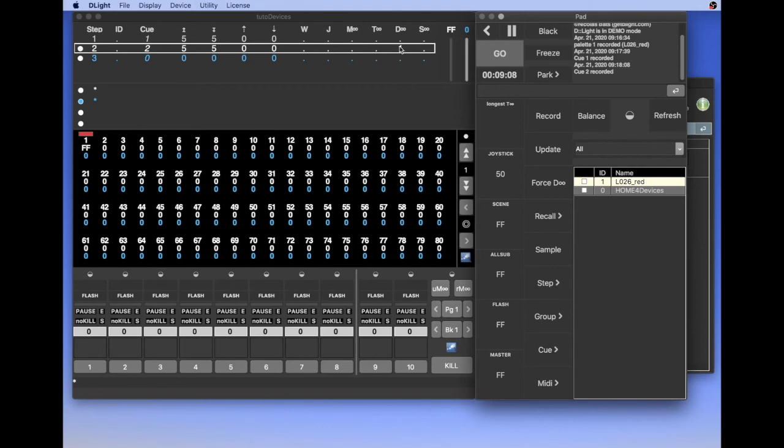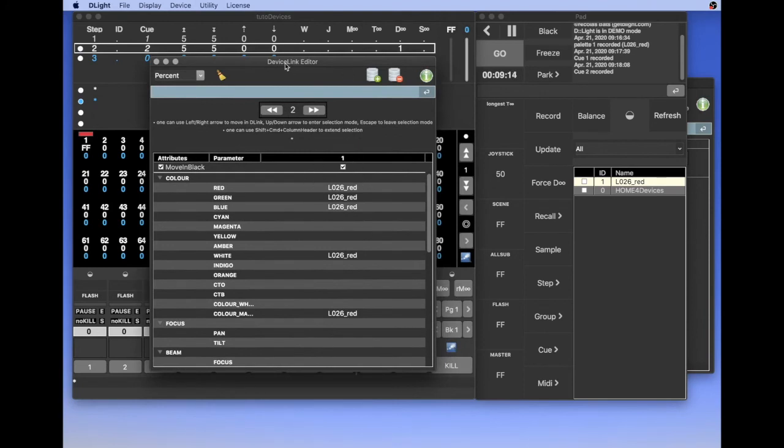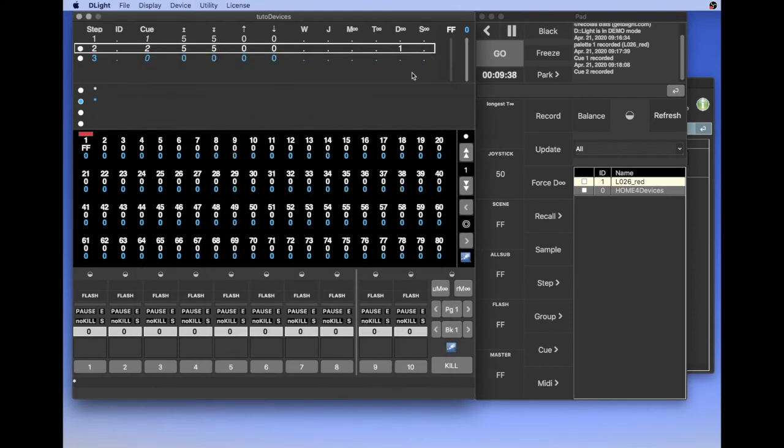If I double click here to edit it, I see that the device link is a command for palette. If this device could do focus, pan and tilt movement, I could also have another palette registered here. So it's very simple to create a device link. You just hit the record button as long as your device has a level.